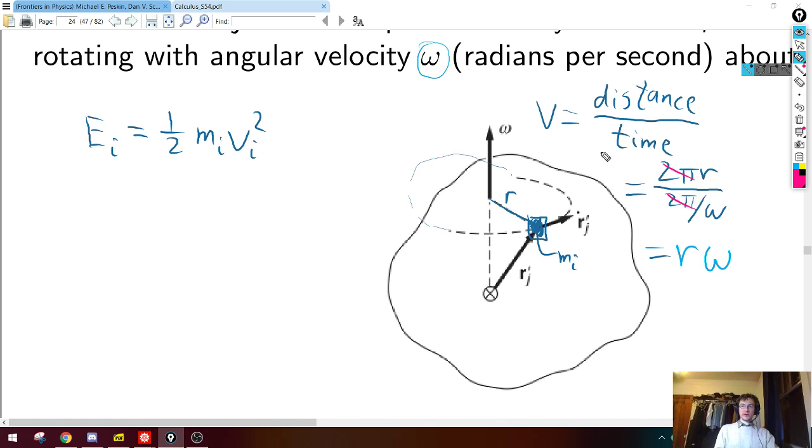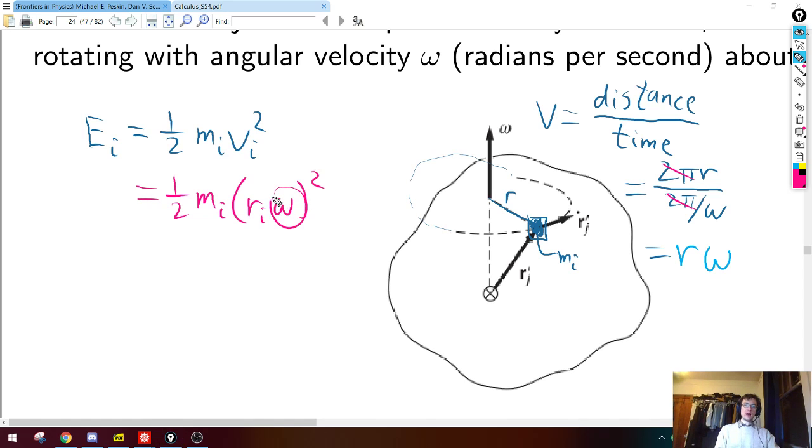For an object going in a circle of radius r with angular velocity omega, its speed in meters per second is r times omega. That's just an important universal result, which will come up over and over if you take physics. So why did we do that? Because we want to find the energy of this particle, so we had to know v, and now we know v is r omega. So the energy of this particle is now 1/2 times m sub i, the mass of that particle, times v sub i, which I'll write as (r sub i omega) squared.